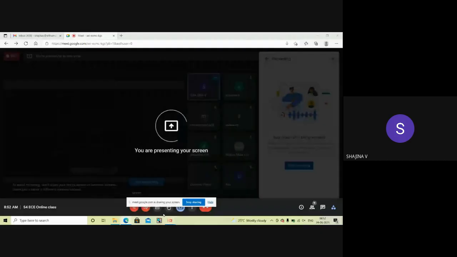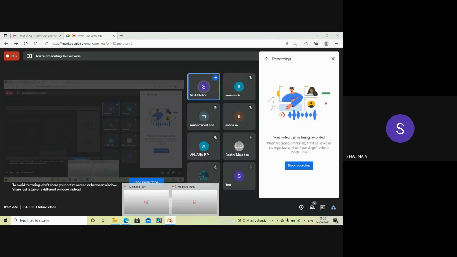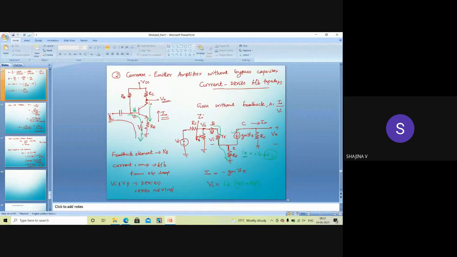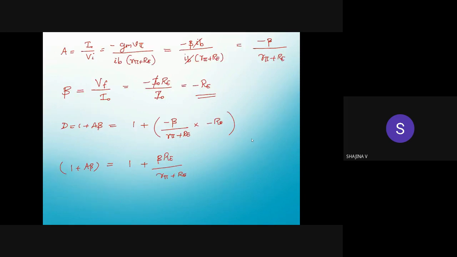Without bypass capacitor. Okay. So as we told, it will act as a current series feedback, right? So for this current series feedback network, we have derived the gain without feedback, that is I by V, that is transconductance. Okay. Then we have derived that gain without feedback, and then beta, that is minus RE, then